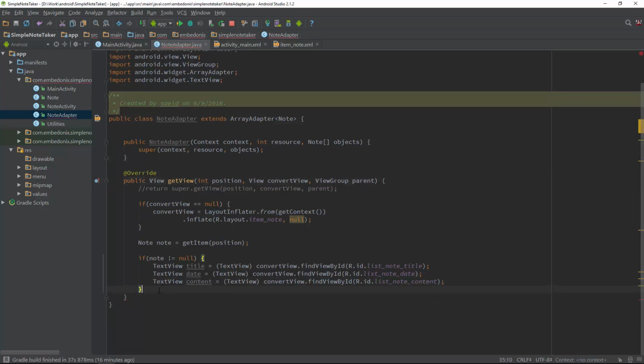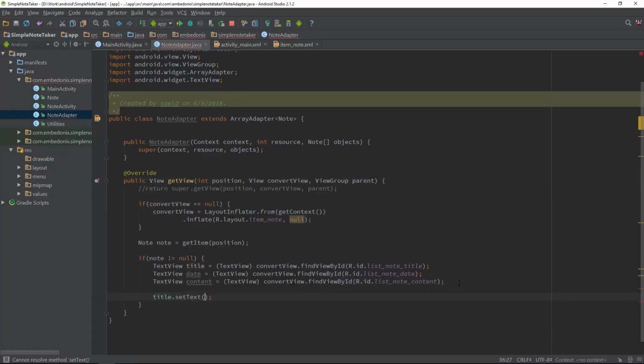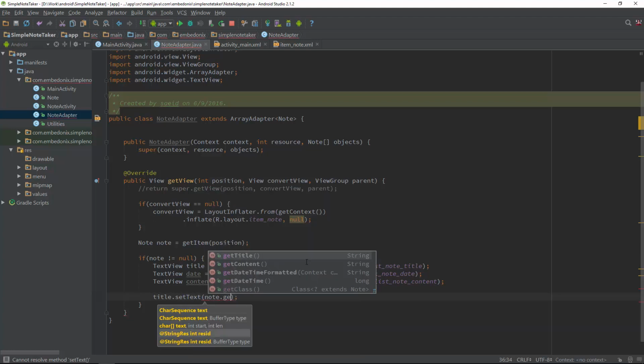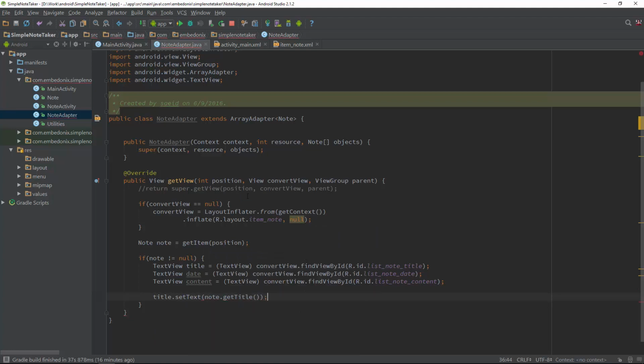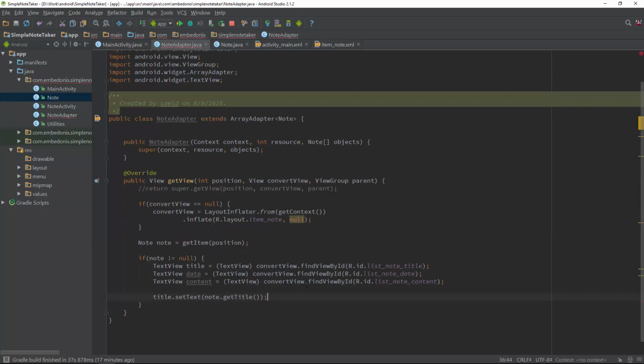and here we set the title text from the node item that is somehow magically being passed to this adapter. So we populate the title with the node.getTitle. Yeah, if you remember, our node item had some methods like get title, get content, and get date time. Okay,